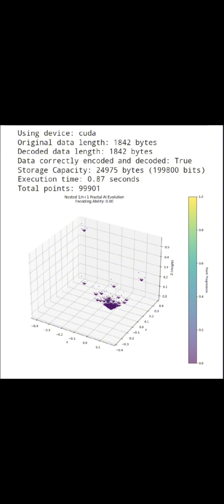Exactly. That's incredible. But storing data this densely, that's only half the battle, right? We need to be able to access it, process it. And that's where things get really interesting, because it's not just about AI and fractals anymore. Exactly. This is about quantum computing. This is about the intersection of these fields with the world of quantum computing, which is already blowing everyone's minds. Right. This code hints at something called the Quantum Nexus Project. Yeah, the Quantum Nexus Project, which seems to be all about using quantum computers to actually interact with this fractal data structure.